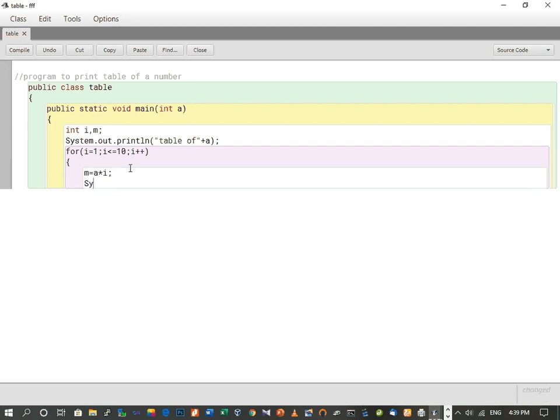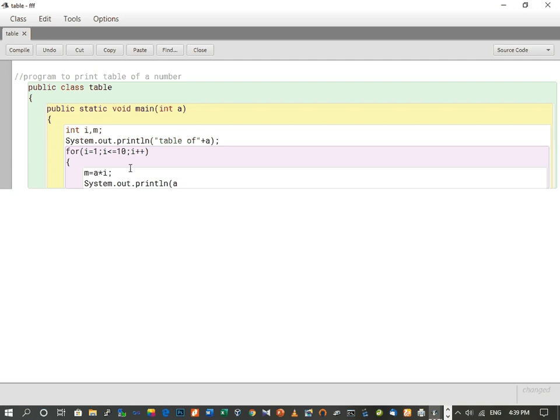So now we write down system dot out dot println. In mathematics, the way we write down, that way we are going to print.